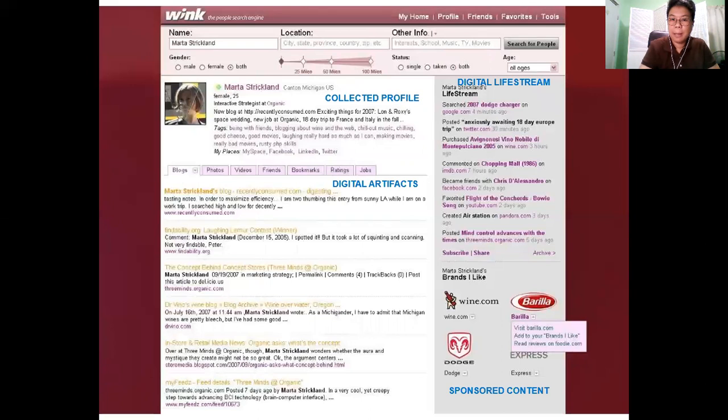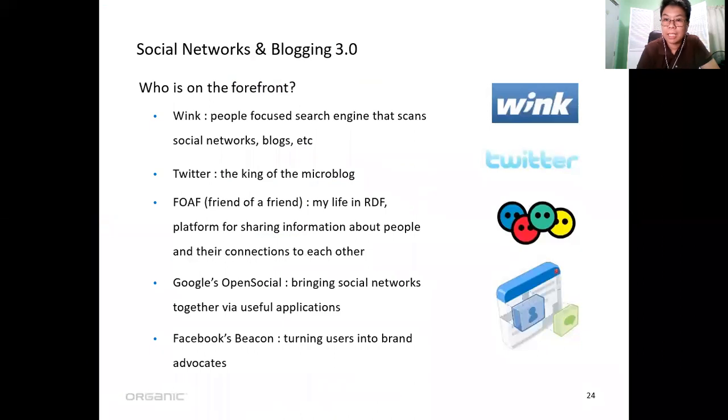Okay, so these are some examples of blogs and also profiles of an organization. So may mga artifacts. So sometimes these are created based on what you are searching for on the web. So when you say social networks and blogging, it's 3.0. It's our who are on the forefront. So you have Twitter, Wink, of course. So Twitter is of course the king of the microblog, and we have a friend of a friend, of course,